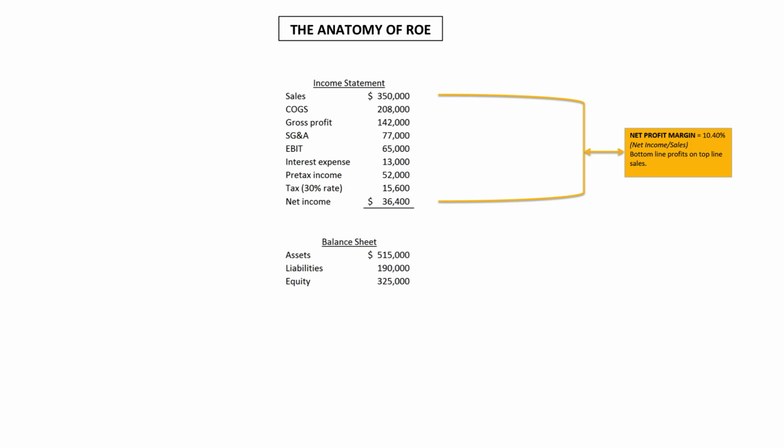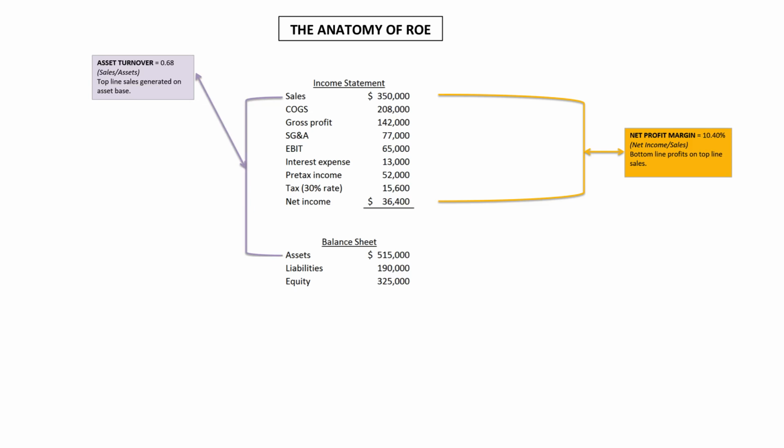So step number one, what's our profit margin? Our net income divided by our sales. So if we took our $36,400, divided it by our sales of $350, we got a profit margin of 10.4. Profit margin by itself, really, I don't know, is 10.4 good or bad? It really depends upon the industry average. We need a standard, or maybe looking at the company relative to itself over time series, trend analysis. But therein lies our profit margin. Whether or not that's sustainable is heavily dependent upon not only current competition, but potential competition as well.